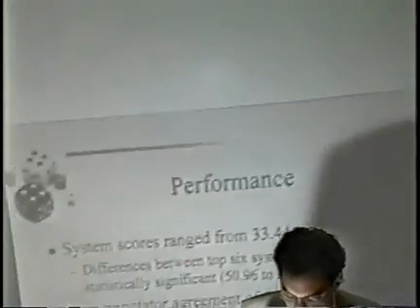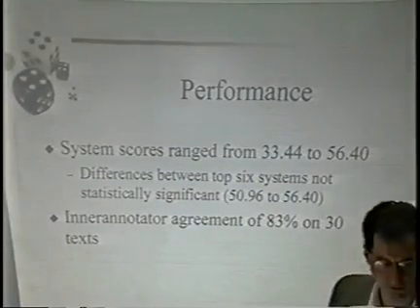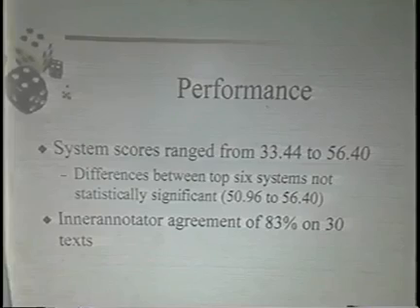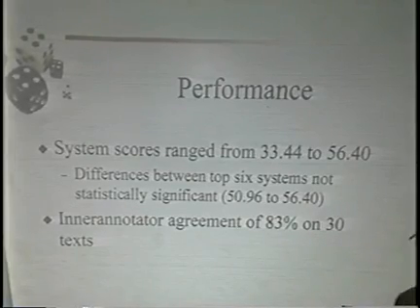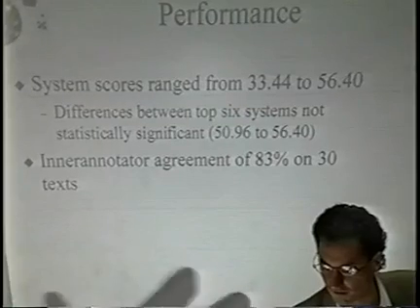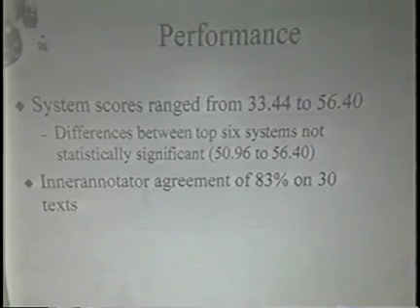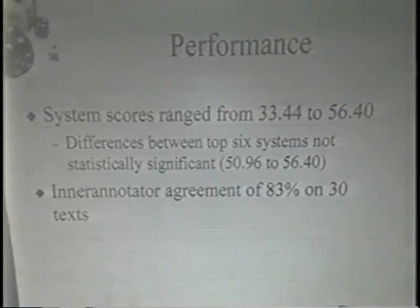How did people do? Well, out of the 11 systems that were in MUC 6, we got scores from around 33.5 to 56.5. The top 6 systems went between about 51 and 56.5, and in fact, a somewhat strict statistical significance test tells us that no pairs of those systems are actually different. There's a fair amount of room here with